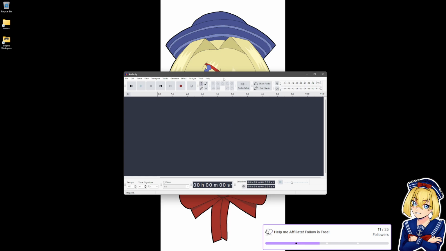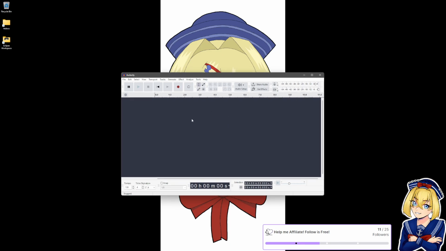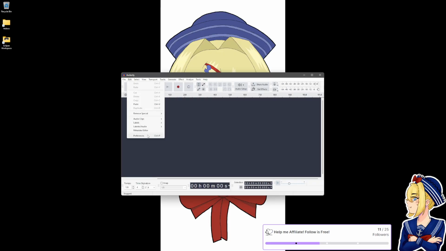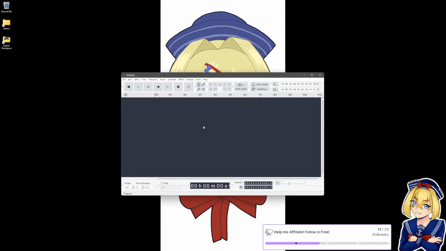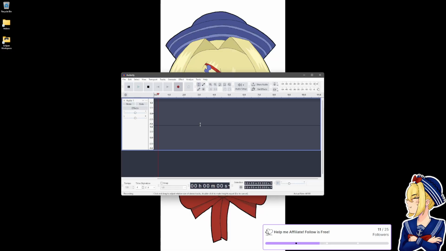All right, so let's look at Audacity for a second. We can go to Edit, Preferences. And we can see here we have a recording device. So I have a Blue Snowball, which is what I use to stream and stuff. And we're going to use that to record. So we're going to say okay, and I'm going to start recording something.